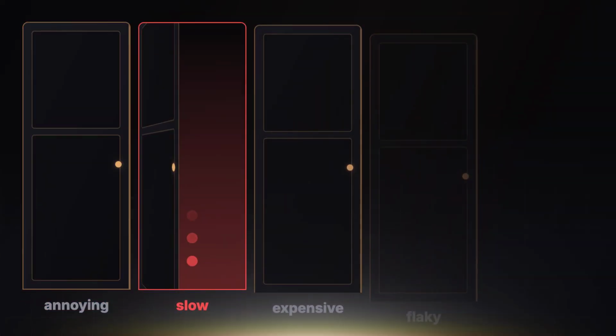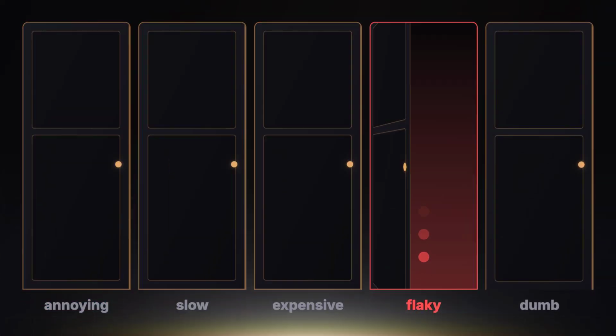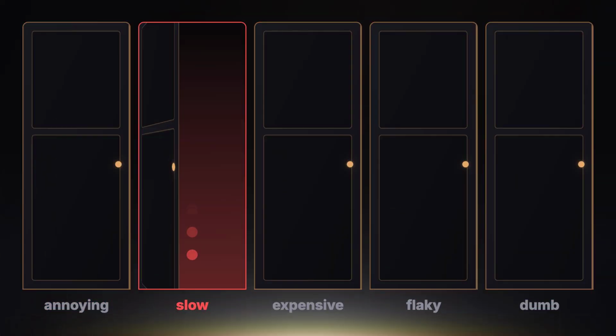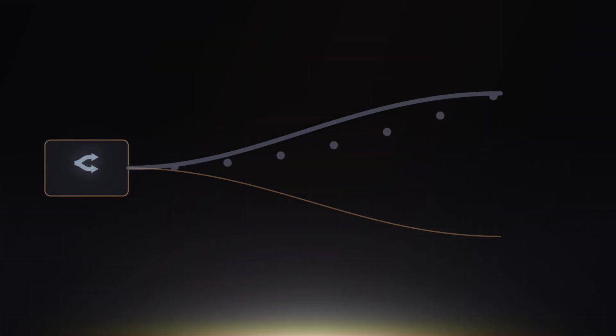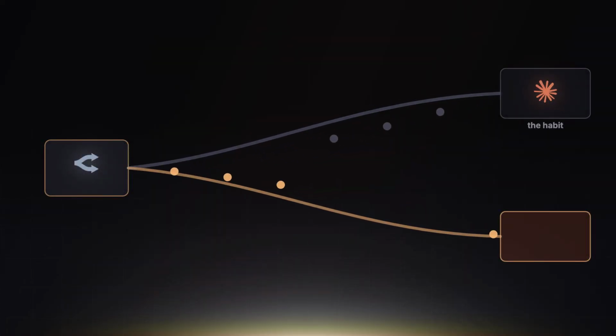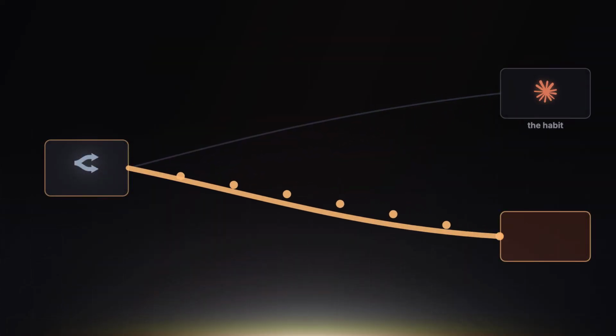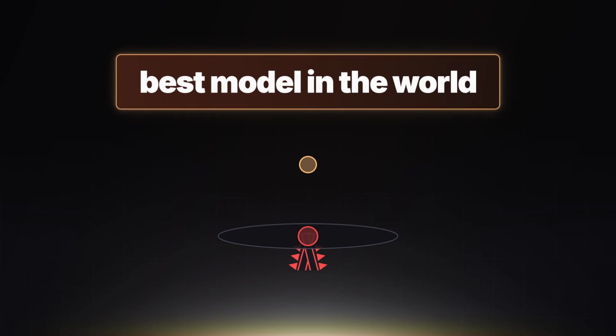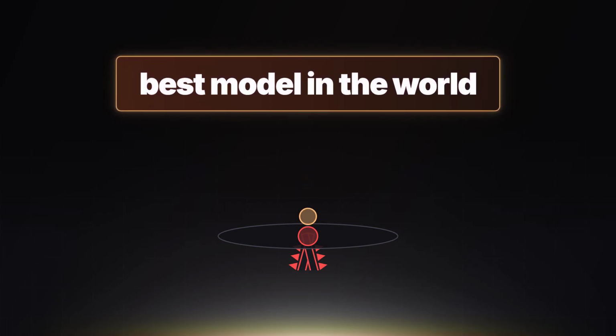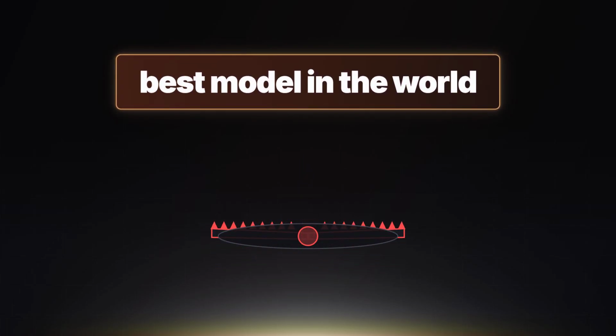Developers are lazy in a useful way. If a model is annoying, slow, flaky, expensive, or dumb in the wrong places, they leave. So when an unsigned model starts getting pulled into coding workflows, the question is not whether it is officially the best model. That phrase is usually a trap. The question is why people are willing to move real work through it at all. That is the clue. Benchmarks make the headline. Usage makes the story.